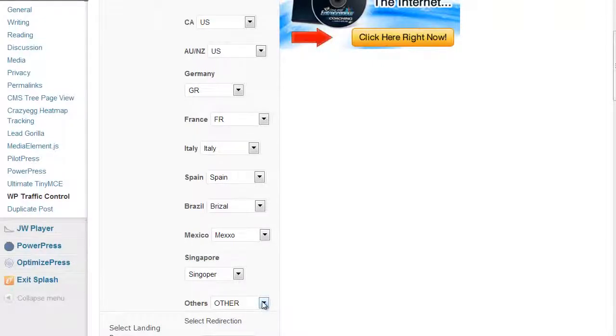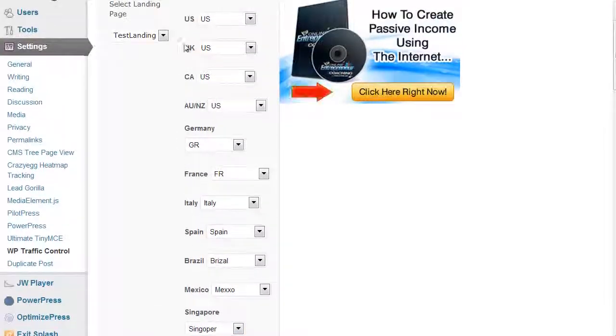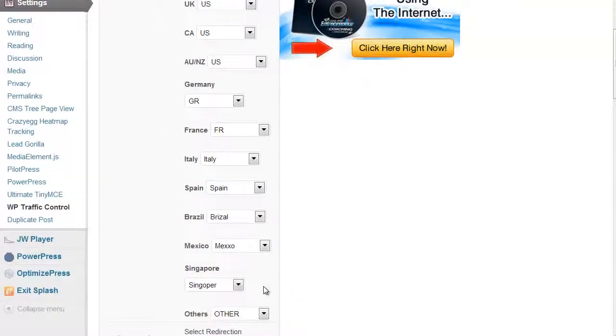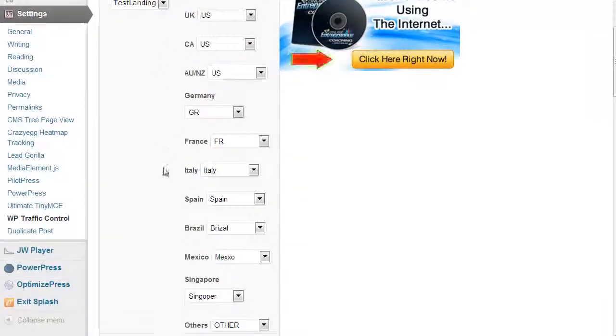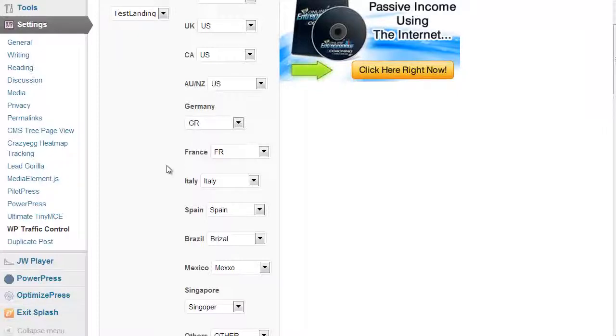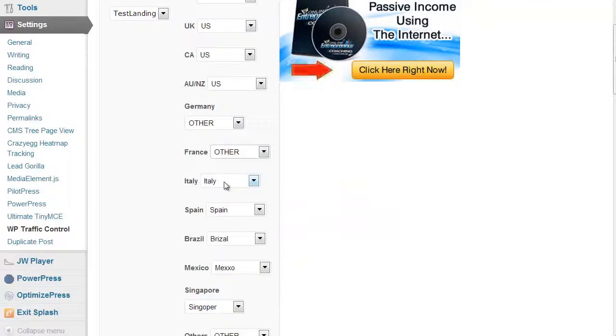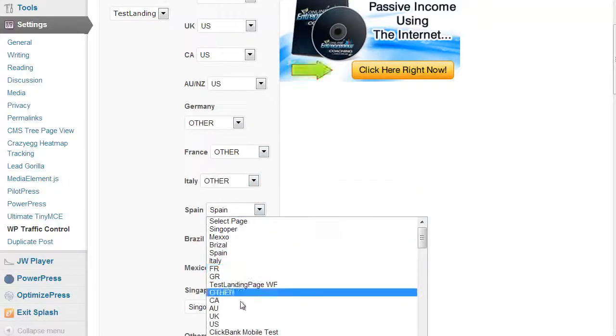What happens with other? Other is countries that don't match, or people that don't come from these countries get put in the other category. The cool thing about it is you can send them to Facebook, make them your friends. You could actually sell off, cough, cough, pay attention to this, please, you could sell off this additional other traffic. Let's say you're buying clicks at 50 cents a click, just totally random, I made that number up. These are the only countries I want because they're predominantly buyers. Or you can say, well, Charles, guess what? I don't speak German. You could easily put these in the other countries as well.